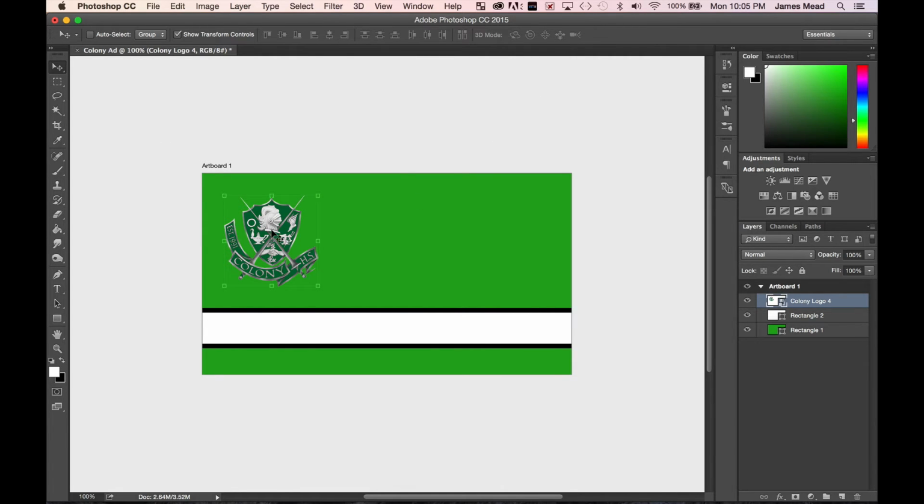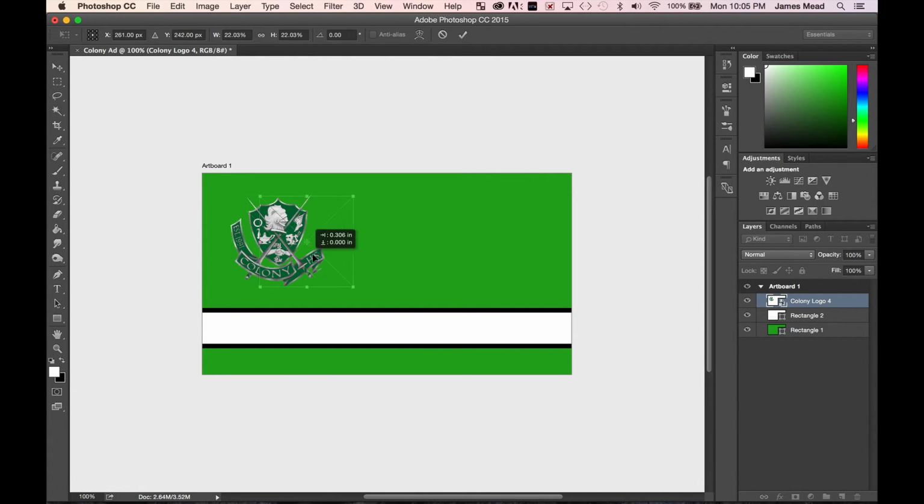Now, after that's done, if I want to move this thing around some more, it moves around. But right there in the middle, I accidentally grabbed this little round thing here. Well, it looks like a little target, crosshairs. What that is is the center point of where it would rotate. If I want to rotate this, all I've got to do is move my mouse around the corner, and you'll see that the arrows change. If I get that rounded arrow thing, it will rotate,